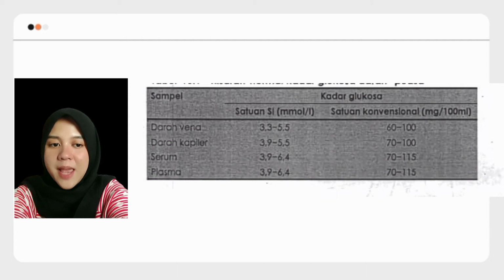In the first step, drop 1.6 milliliters of trichloroacetic acid solution, not 1.8 milliliters. And in the second step, drop 0.4 milliliters of blood, serum, or plasma, not 0.2 milliliters. Then do the same calculation with the formula. To get the actual blood glucose level, the result of the calculation is divided by 4.